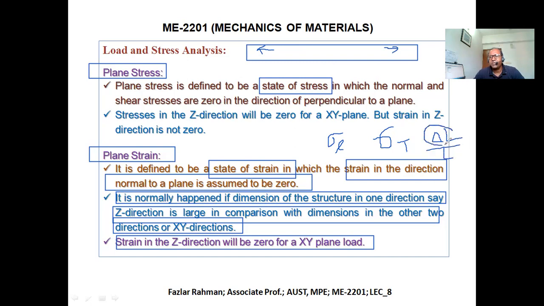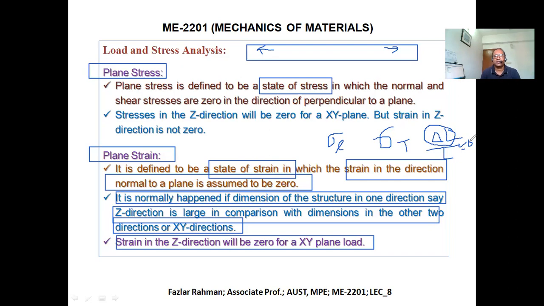So this change of length will be extremely low, then you divide it by a very long length, so this value will be close to 0. So for simplification, sometimes we assume that the thickness of the part becomes extremely higher than the other two directions, so that in the high direction, there is no